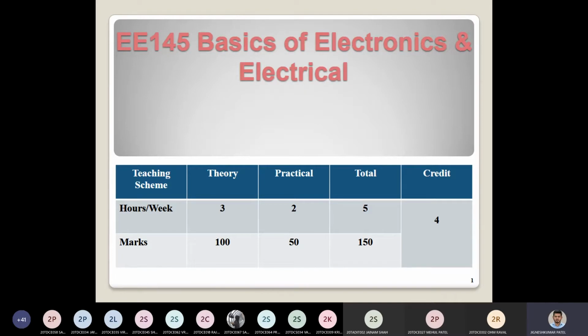Now this 30 marks is again subdivided in multiple ways, but basically that would be given by your faculties. So that 30 marks will carry 2 internal exams, some quizzes, some assignments, some attendance part. All those components combined will make up the 30 marks.